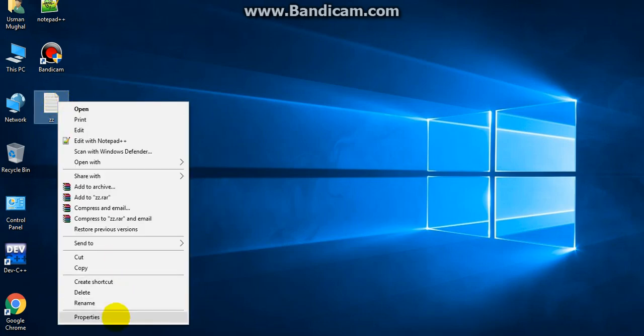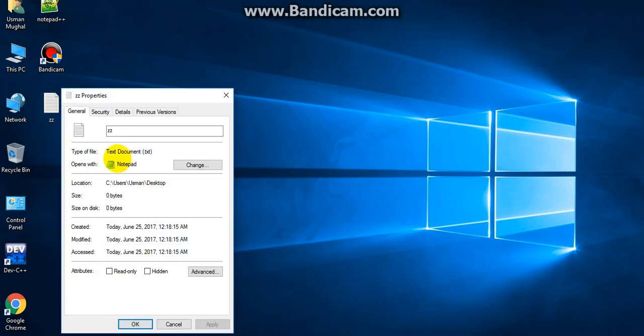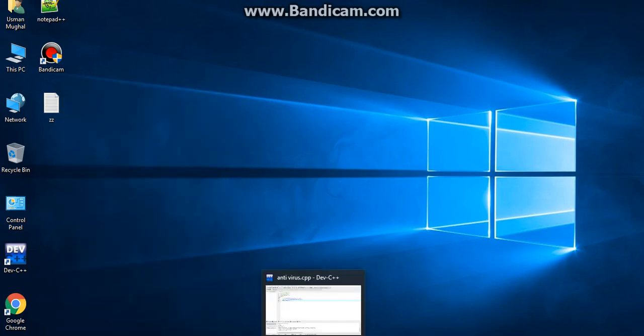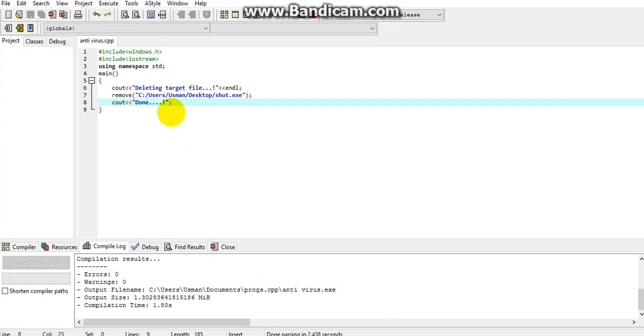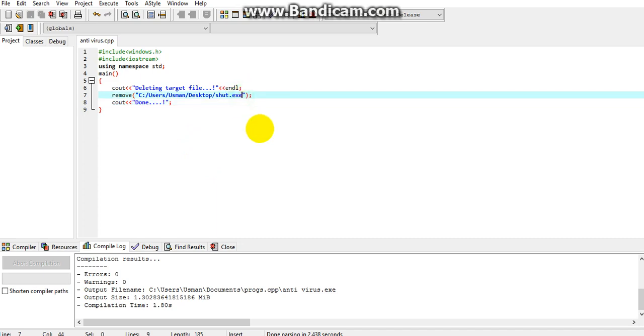I already have the location, desktop, and the type of file is .txt. I want to remove that file. I will just come here and change the name to zz.txt, and I will execute it.